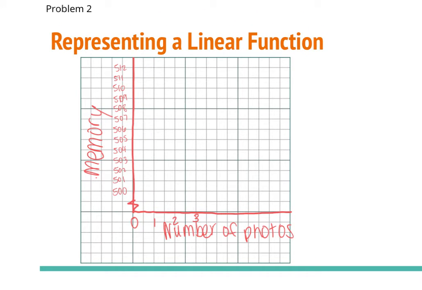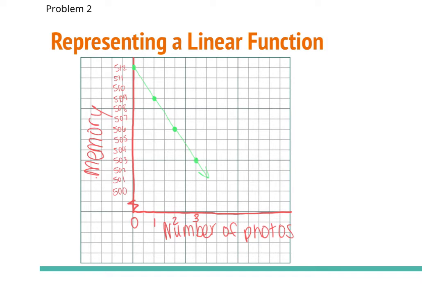Now at 0, as I said before, our megabytes was 512 megabytes worth of memory. So we're gonna plot that point. At 0, we had 512. And then at 1, we decreased to 509, so that's gonna be right here. At 2, we went down to 506. And then at 3, we were all the way at 503. Oops, that was the wrong one. This is 3. Okay? If we drew a line through these points, it would be straight